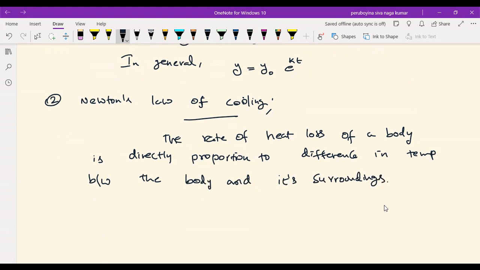Okay. So according to that, we will take some indicators, like for example,